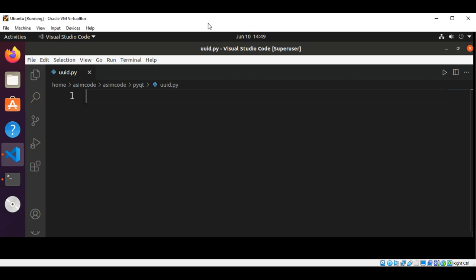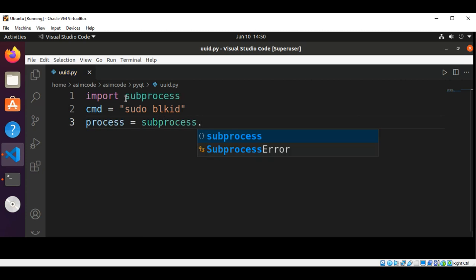So first I'm going to import subprocess. And then set our command: sudo blkid. And our process by calling subprocess.Popen and pass in our command and call split on it,